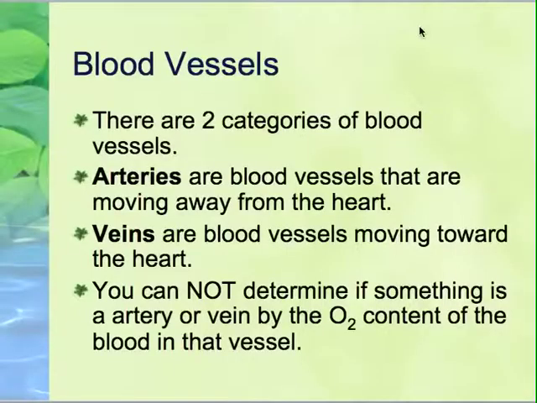All right, now there are two main categories of blood vessels: arteries and veins. Arteries are blood vessels that move away from the heart, and veins are blood vessels that move toward the heart. Now, as I mentioned earlier, some people say that means arteries all have oxygen-rich blood, and veins all have oxygen-poor blood. That's kind of common, but it's not completely accurate, because when we talk about the pulmonary